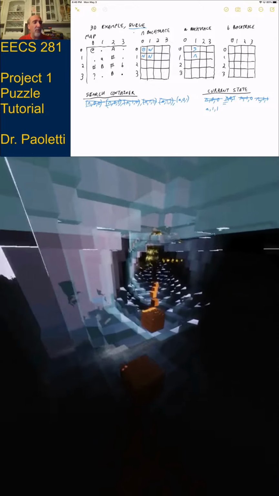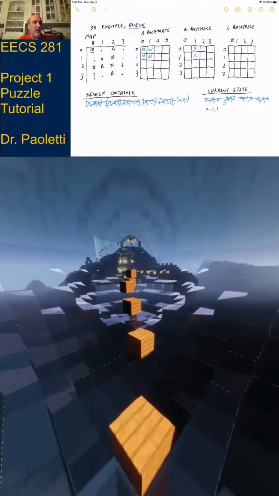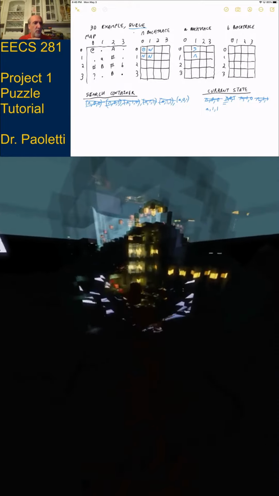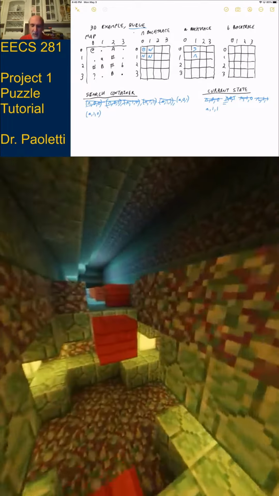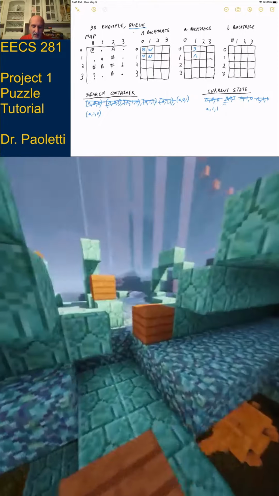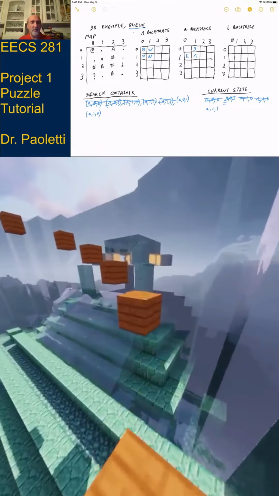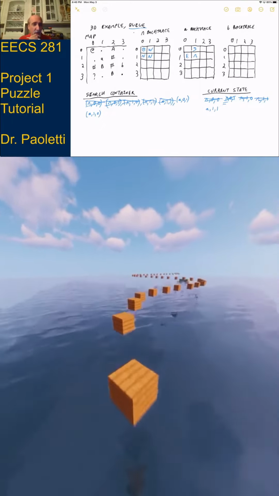All right, so that would be A10, whoops, A10. So A10 would be west of A11. So I add that, and I got a marker. Let's not forget the backtrace again. Okay, so in the backtrace, we got to say, how did I get here? Well, I came here from the east. All right, so we added 2 new locations.